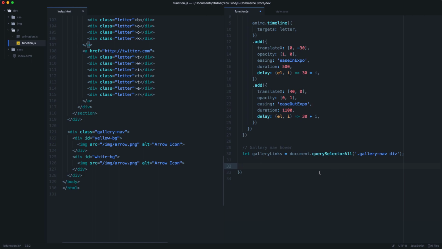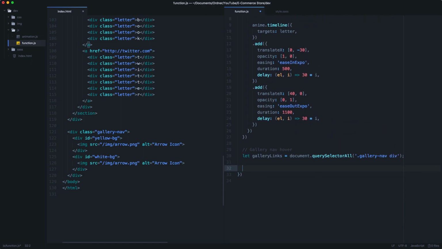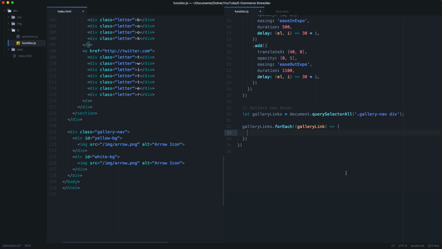And again, basically same procedure as before. We'll take all of those gallery links, loop through them with forEach, run a function and give in a gallery link, which is the left and the right link basically, or button. And we'll take the gallery link and add an event listener again of mouseenter, and we'll run this function, and inside this function